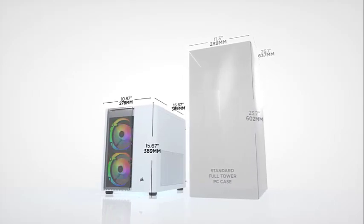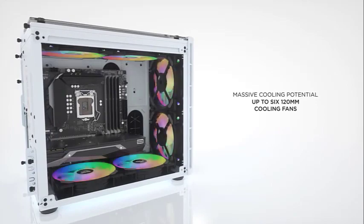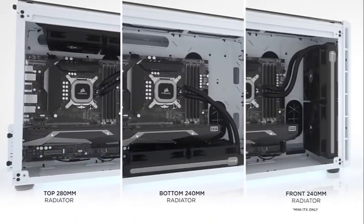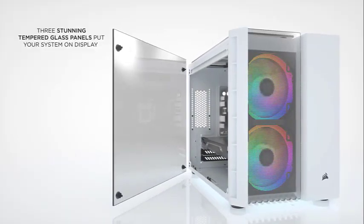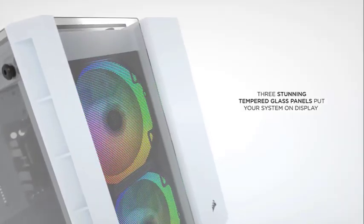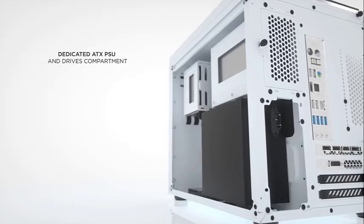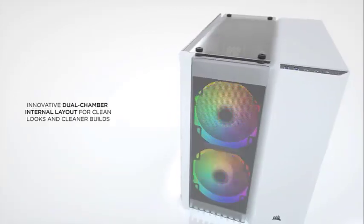Coming to the interior space, we were more impressed by the compatibility of this case with a mini ITX motherboard, as it left a decent amount of breathing space for the fans to work at their complete potential. What impressed us the most is the dual-chamber layout, allowing you to fit in GPU units that measure close to 11.8 inches. Besides, if cooling is one of your primary concerns, Corsair lets you fit in coolers measuring 5.9 inches